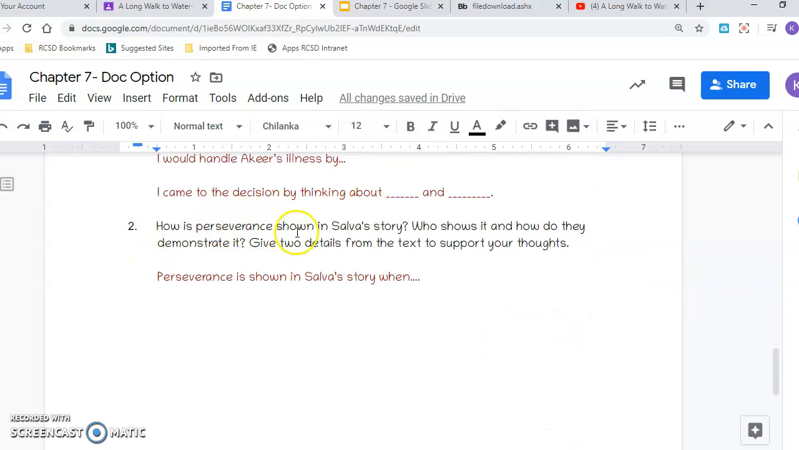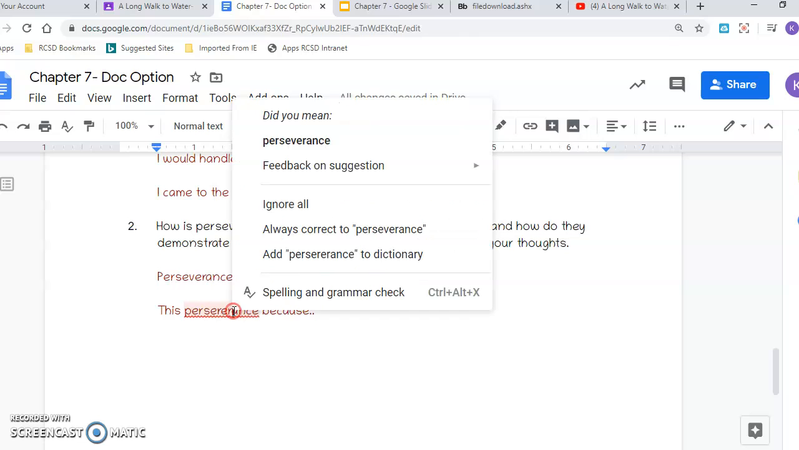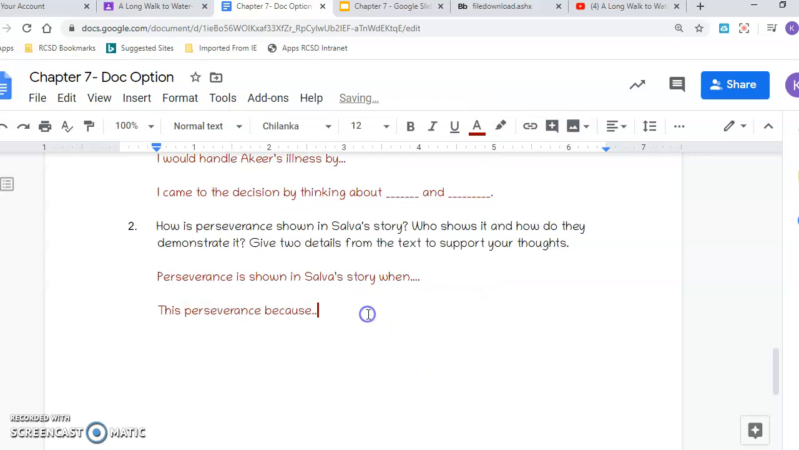2. How is perseverance shown in Selva's story? Who shows it and how did they demonstrate it? Give 2 details from the text to support your own thoughts. So perseverance is shown in Selva's story when? This is perseverance. Because I tried so hard to spell that correctly and I still put many R's or something. Okay, this is perseverance because, and explain why. And then they demonstrate perseverance by